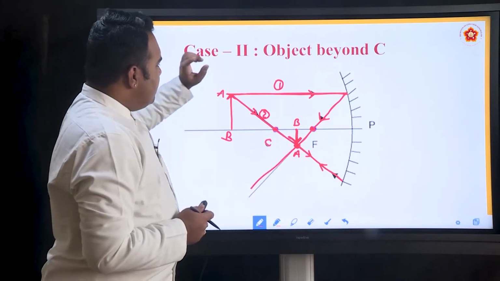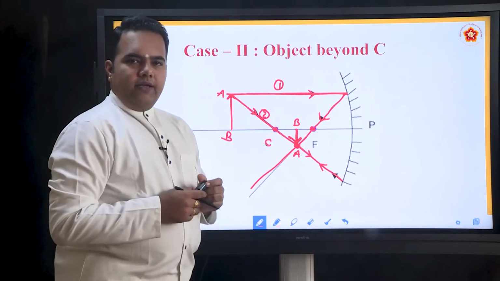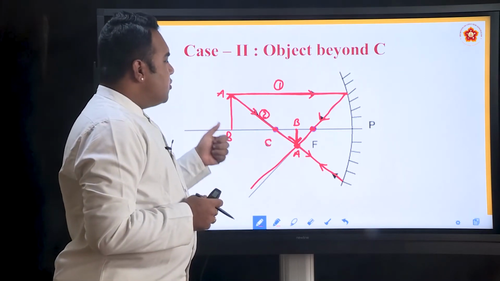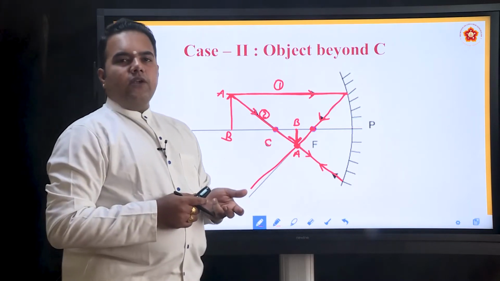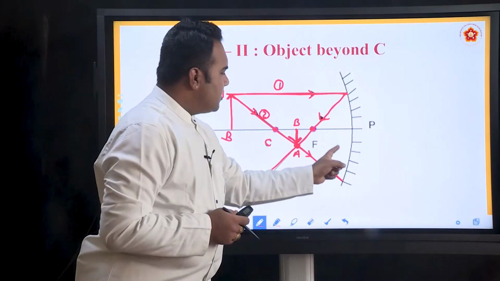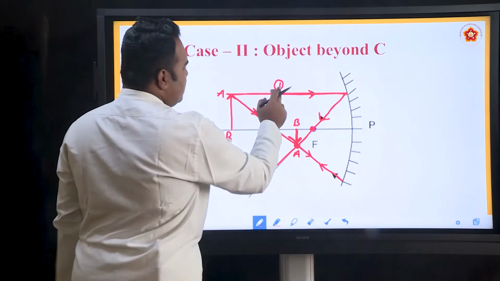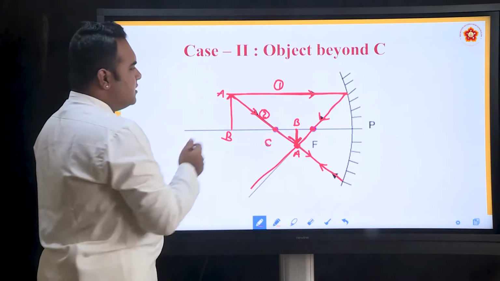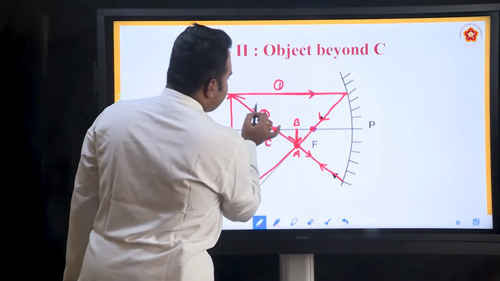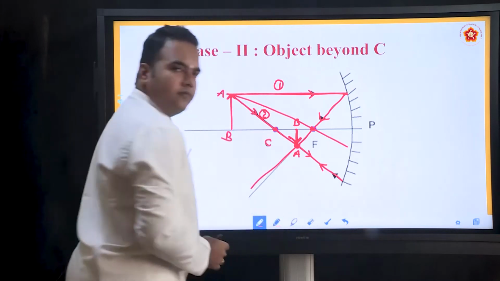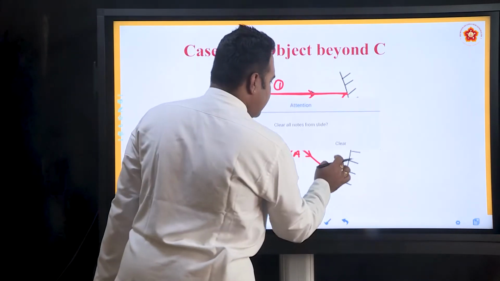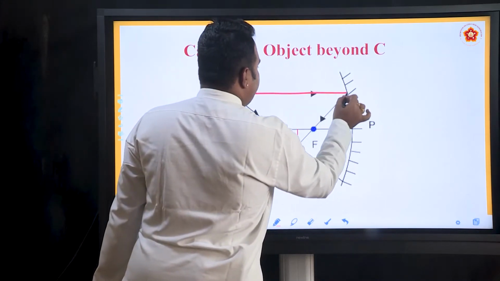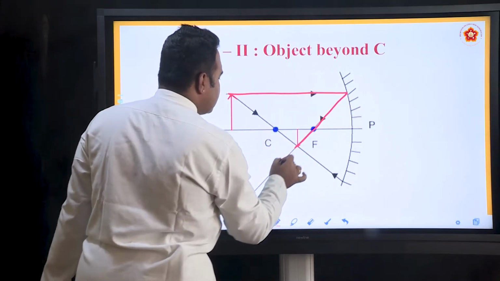Now, you have used rule 1 and rule 3 in this particular ray diagram. Some people choose rule 2 also. What is the second rule? Any ray of light passing through the focus. So, we have used rule 1 and rule 3 now. Suppose you want rule 1 and rule 2 only, which means I take another ray of light that is passing through the focus. Let us draw it once more so that it will be clear for you. So, one ray of light came here and then it passed through the focus.